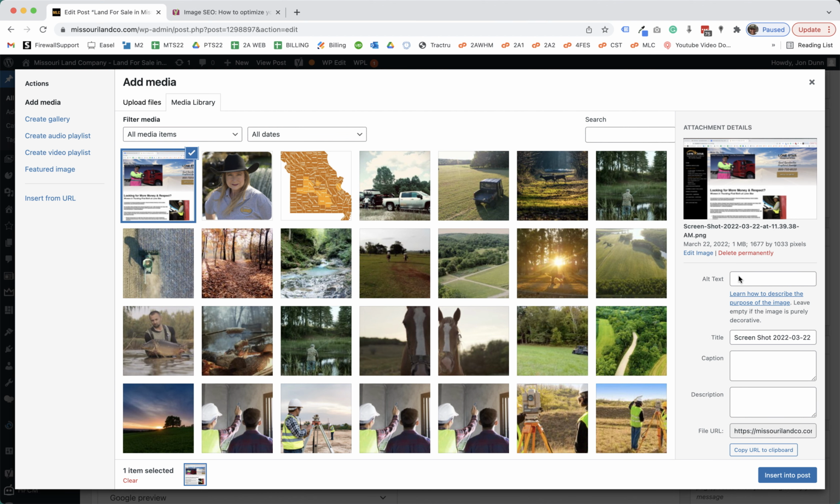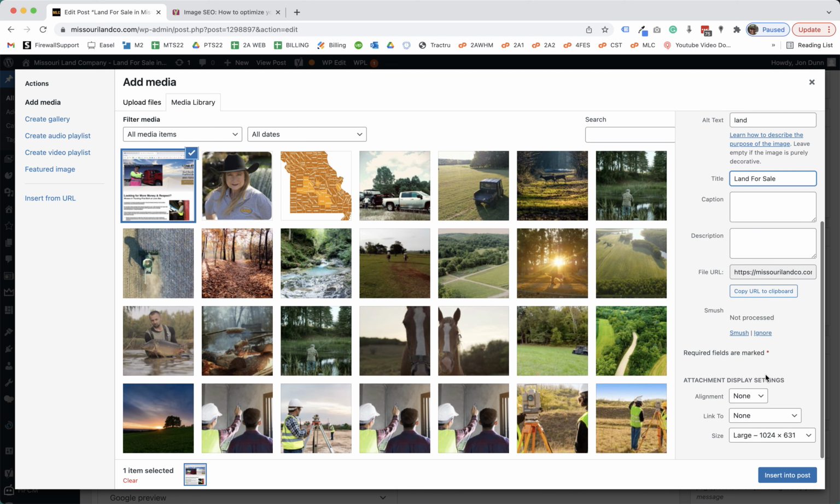Okay, so put your alt tag in, land for sale, Missouri. It's okay if you always just use that too. Let's just pretend like I typed the whole thing. You can also do a title. You can title an image which doesn't show up in the post. If you do something in caption, it will, but anyway,